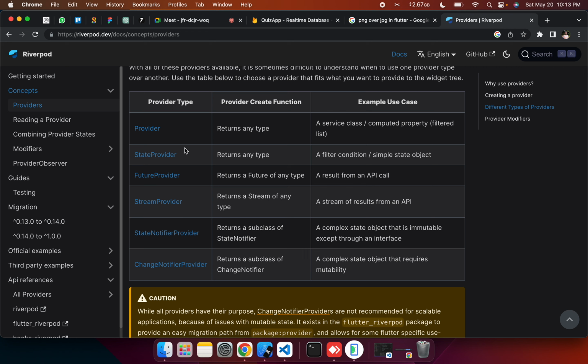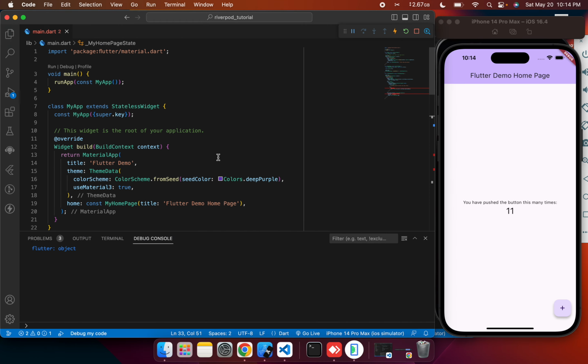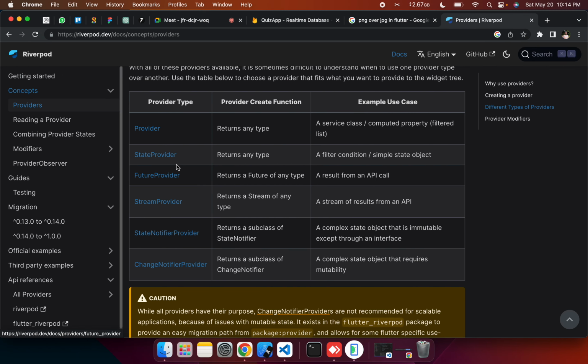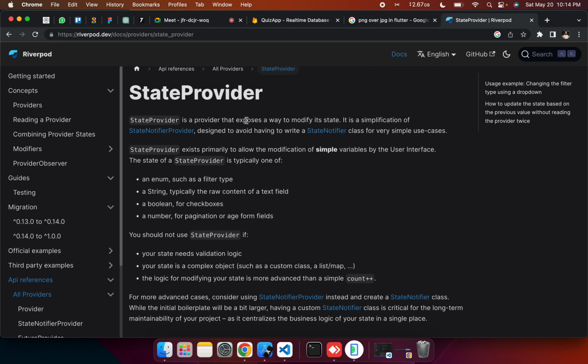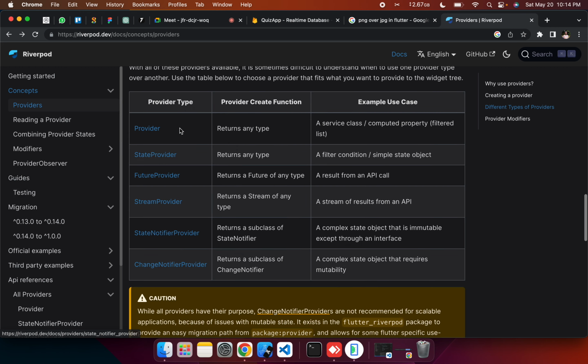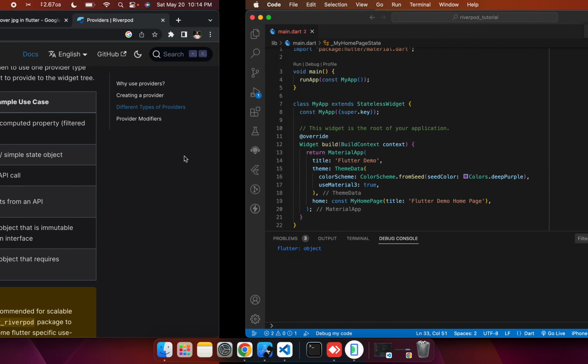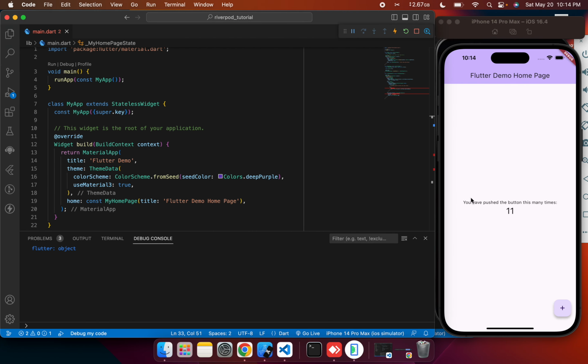So the ones I use very often are StateProvider, FutureProvider, and StateNotifierProvider. StateProvider, if you read what it says, is a provider that exposes a way to modify its state. It is a simplification of the StateNotifierProvider. You see that all of them are intertwined with each other. So now, having read that from the documentation, we want to